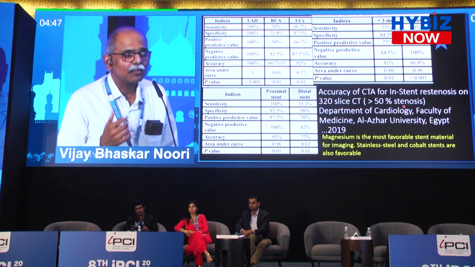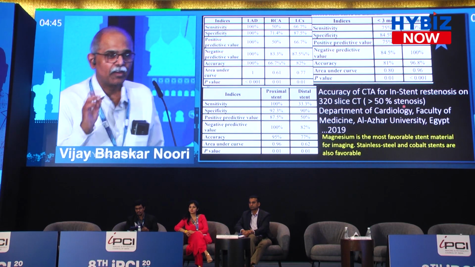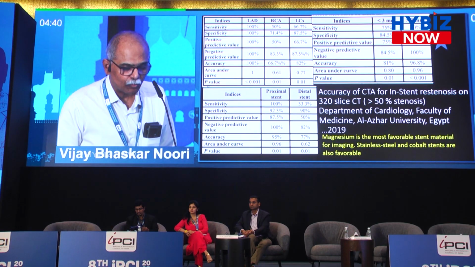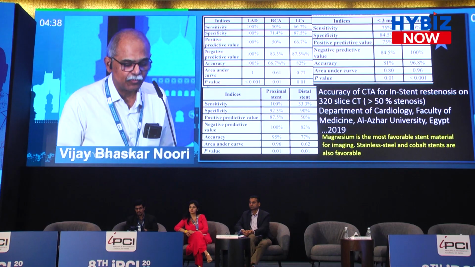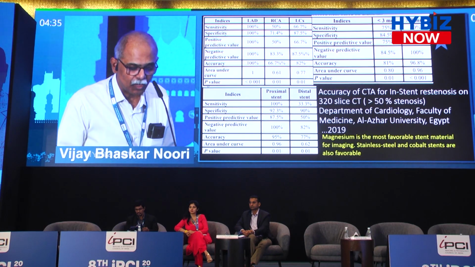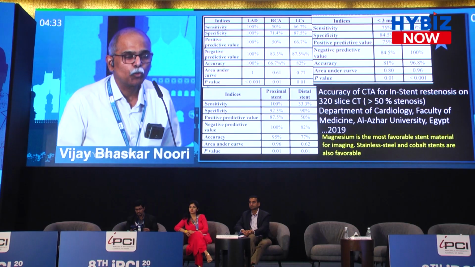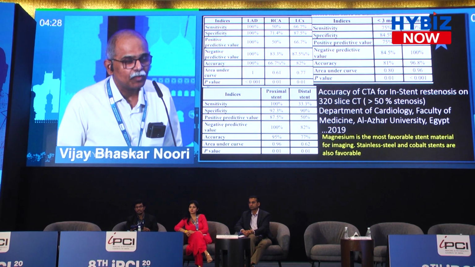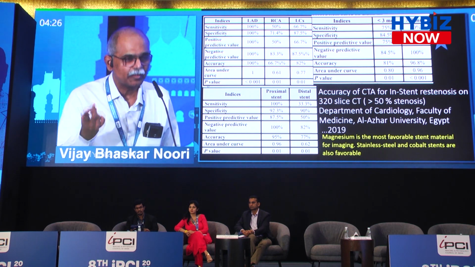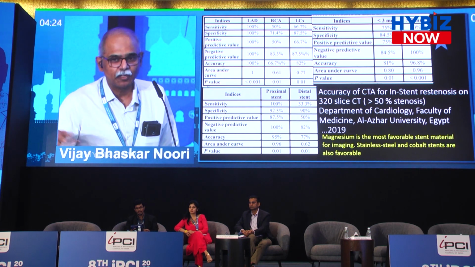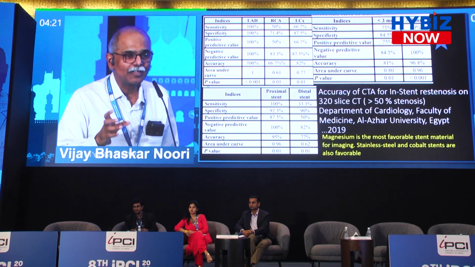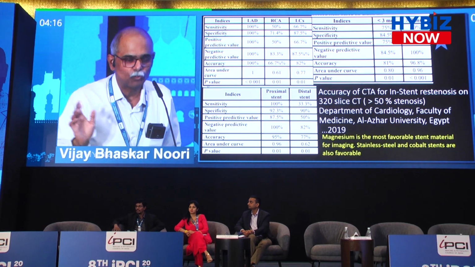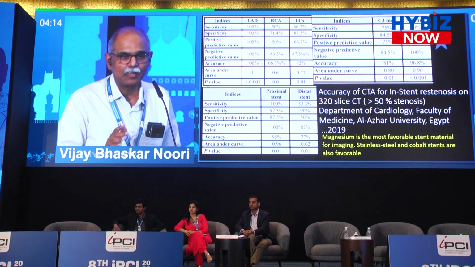Some of the statistics say that for any stent more than 3 millimeters in size, your accuracy is above 90%, almost 95% specificity. But less than 3 millimeters, it falls to 84.5%. Having said that, I would like to request all of you that if you think the stent is a small stent, stent in OM, stent in diagonal, stent in PDA, stent in PLV, where the stent size is 2 millimeters, I ask you not to send it for CT angio. Only if the stent size is about 2.5 millimeters,